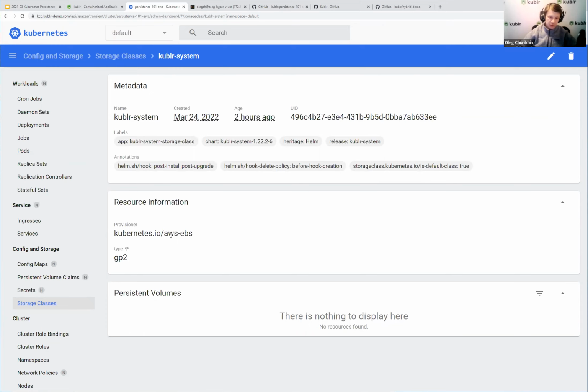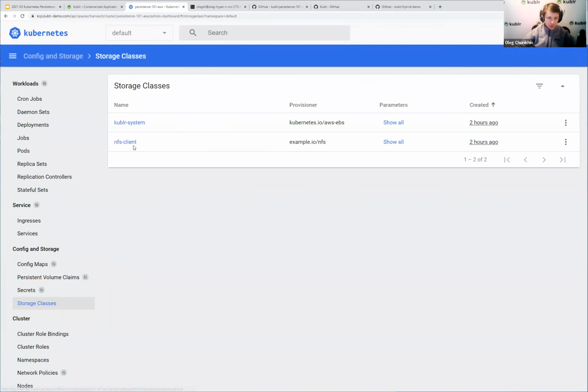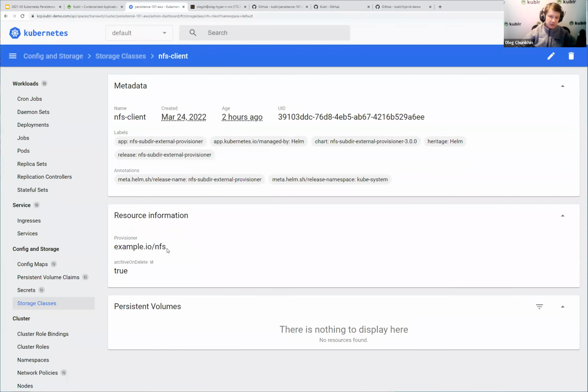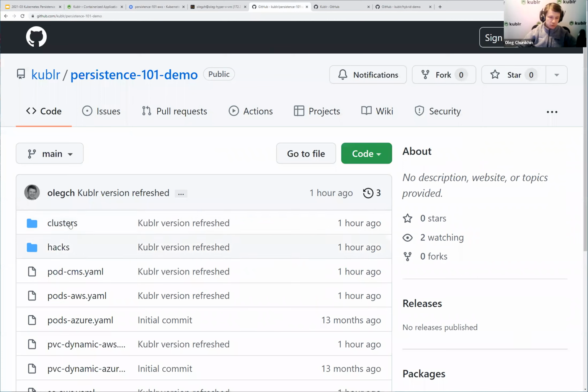So for example, for AWS, you can see that this storage class is AWS EBS for EBS disks of type GP2. Another storage class here is NFS,